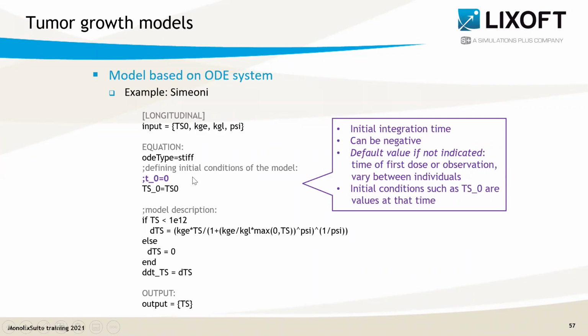And in the models from the library, the initial integration time is not fixed by default to be able to model also observations at negative times, but this choice is just commented in the models to warn the user that depending on the situation, it can also be relevant to uncomment the line and fix the initial integration time.